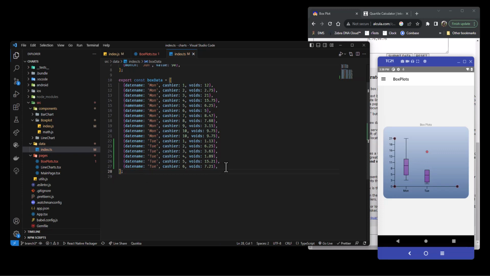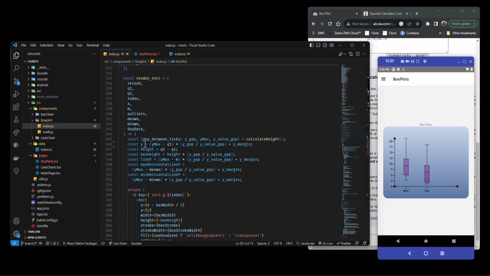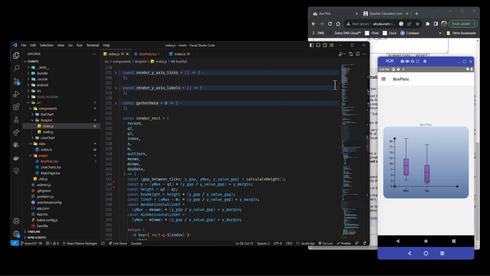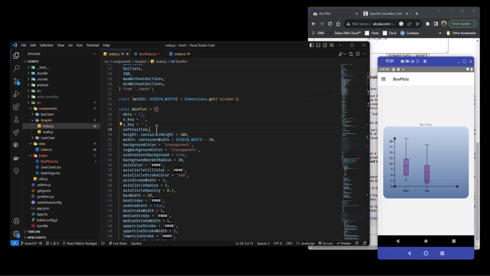Yeah, but it takes our outliers out, but that's all right. I'll just make this like 18. And we still won't get our outlier, but that's okay. But this cashier has 2, and everybody else only has 1. So let's go to our box plot. Let's go to our config. Let's add a predicate